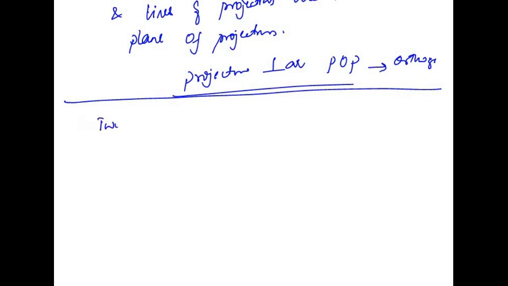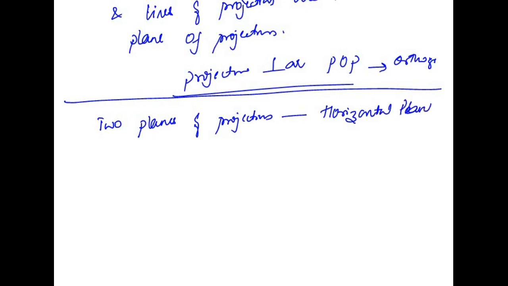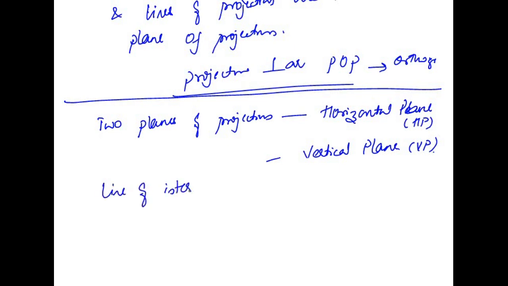So we have two planes of projection, right? One is horizontal plane, denoted by HP. Other one is vertical plane denoted by VP, right? And wherever these planes intersect, line of intersection of these planes is called as reference line